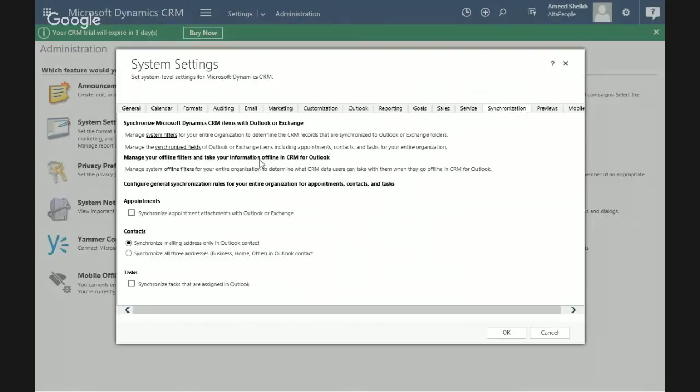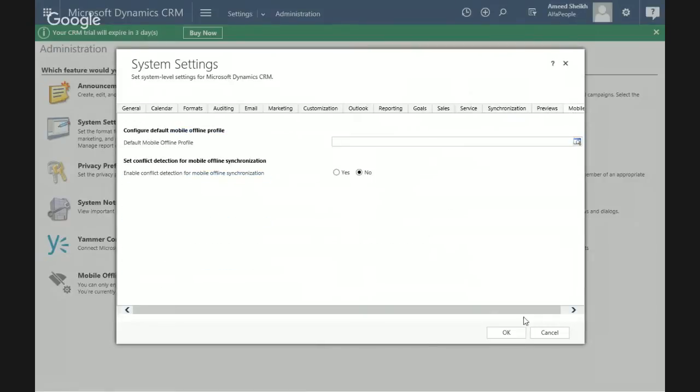Synchronization, that's another thing related to the Outlook. We'll come back to this later. Previews, mobile, yeah. This Dynamics CRM out of box also supports a mobile app, which you can configure. The number of configurations that you can do with that also. So the bottom line is that there are a number of things that you can configure which are on the